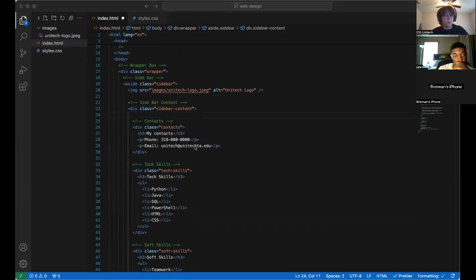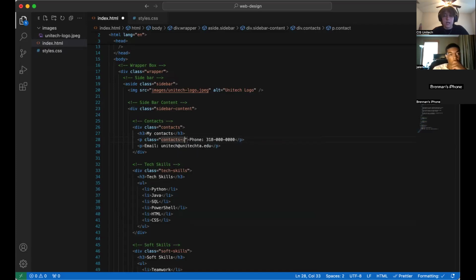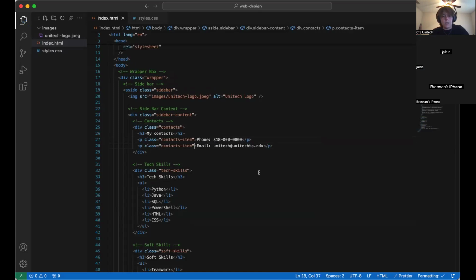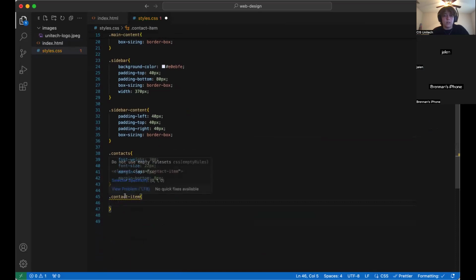So for that, we need to specify that P is going to have a class of contacts item. Then again, copy that because we want these to be uniform and use the same thing, contacts item. And then go back to your CSS file, and inside of the contacts item, what we need to